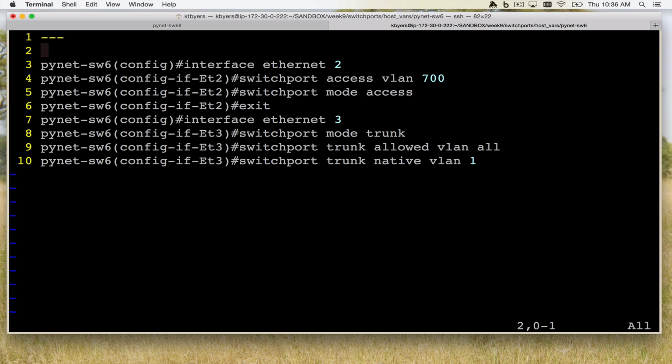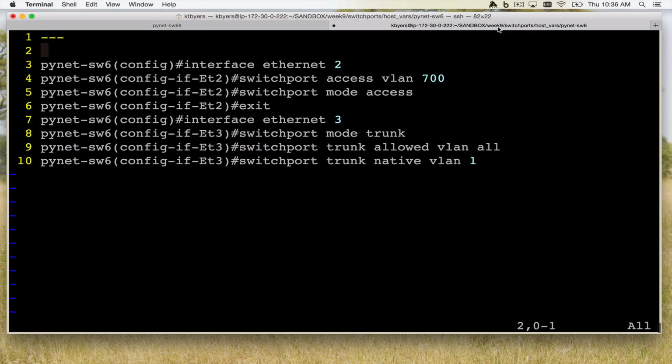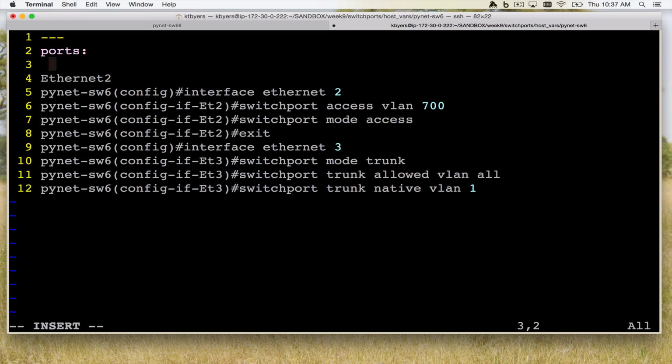Now we're going to need some variable data structure. Now I'm going to go back here and I want to look at the names of the interfaces. So here's my interface name. So we have some variable name. I'm just going to call this ports. Now we know we have Ethernet 2 through 6. So one way we could do this would be through a list of dictionaries. So we could have something like,